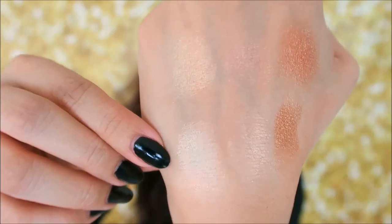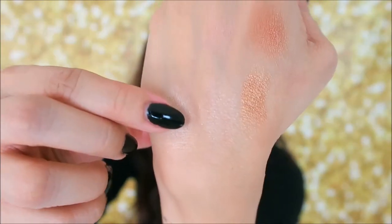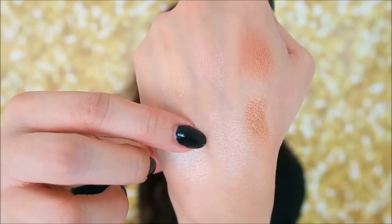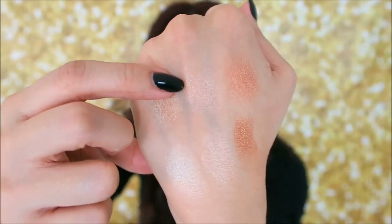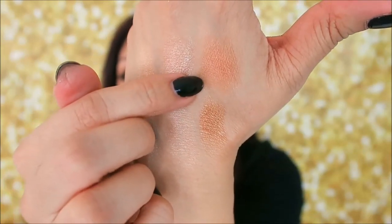This shade right here is Snowlit. This is 24 karat gold. This one you barely see is called First Light and is so beautiful, at least on my skin tone. And then this one is called Gleam, which is a kind of cooler tone version of this. This is Ray, which is a little more shimmery,